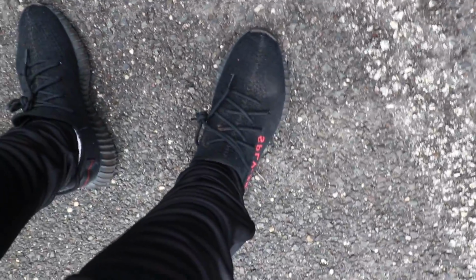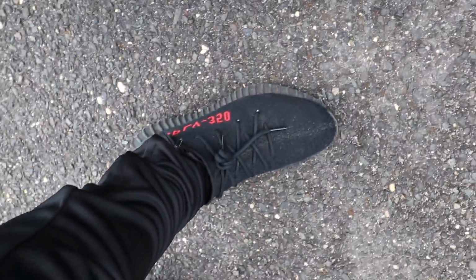Let me go pick up these Air Jordan 1s. Before we go in the mall, let me show you guys what's on feet. On feet today, the Bread V2. I wear them basically every day. They're still beaters. I just wear them every single day. So comfortable, look fresh. I'm gonna go in the mall. I'll be right back. Let me go pick up these ones, and let's take a look